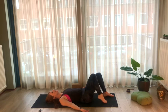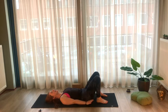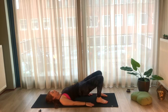Walk the feet in a little closer to the body. Press the feet firmly into the ground, hands close to the hips, and then start to roll up the hips,